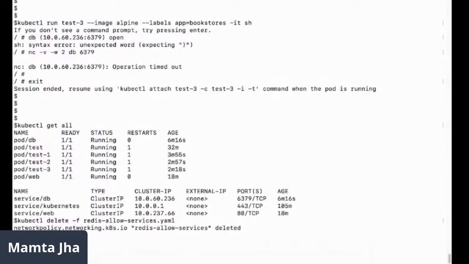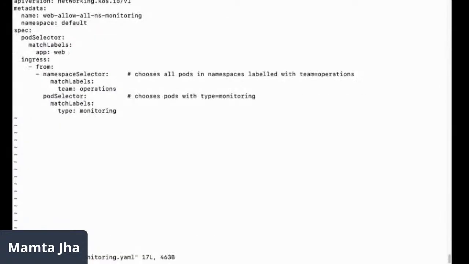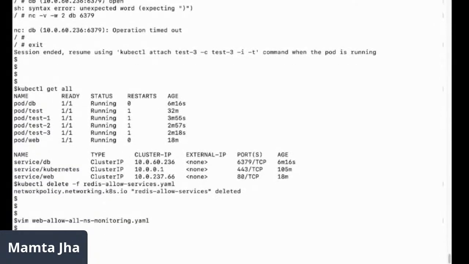It already has a label as app web. So we would go ahead and create the resource from the file which I just showed you. This was the file having two sections, and the two conditions are AND in this.